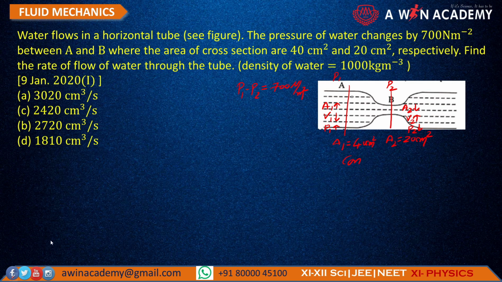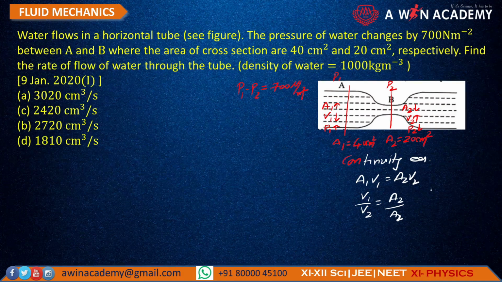Continuity equation says that A1 V1 is equal to A2 V2, and if we use V1 by V2, then it is equal to A2 by A1. चलिए आगे बढ़ते हैं।